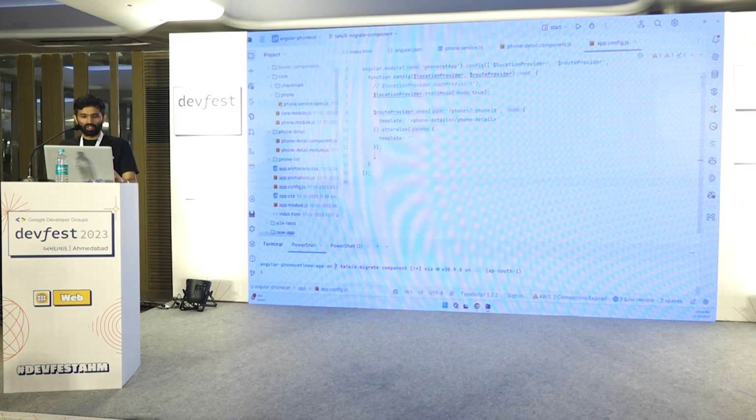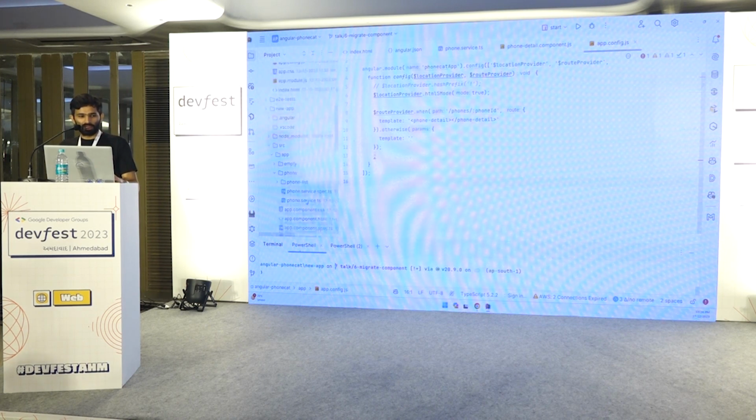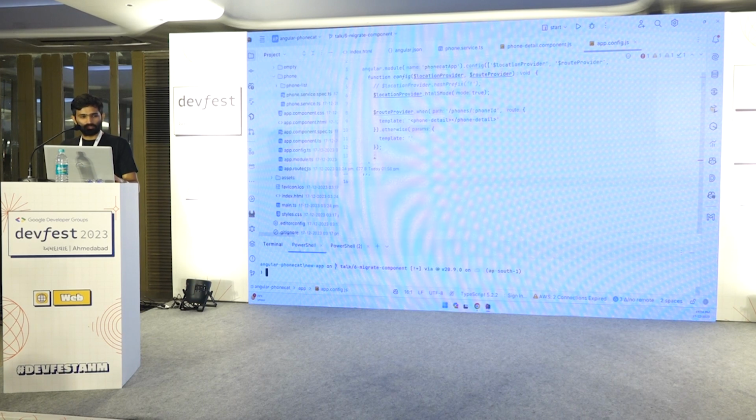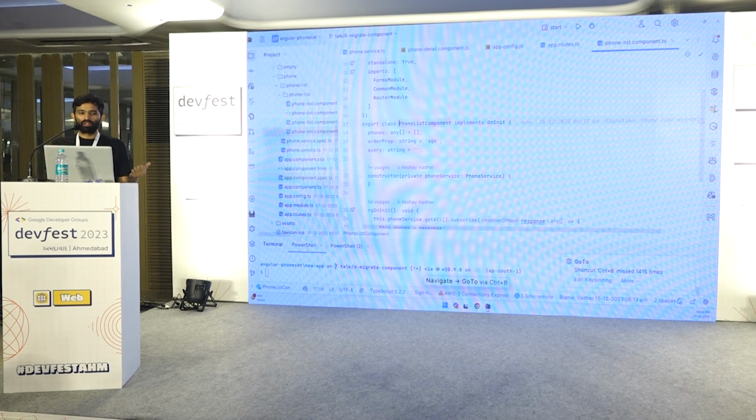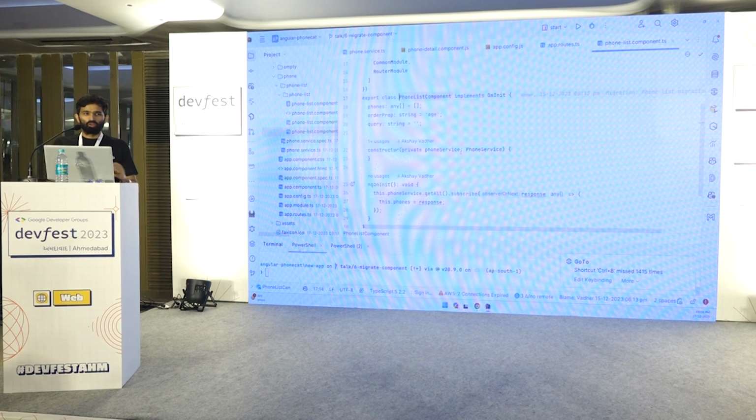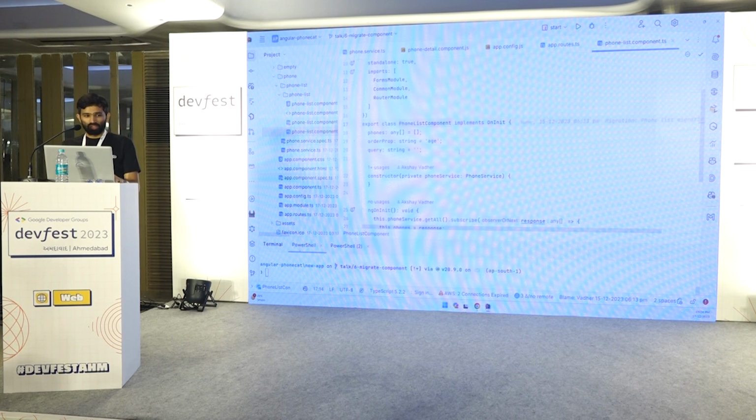So if I show that, see the route is removed, and if I see the route of new application, the phone route is available, right? And I will create a new component for that as well. For most of the features in AngularJS, you will find directly one-to-one comparison or one-to-one mapping in new code. So except minor things like order by and filter pipes, most of the syntax are available here. So you can directly migrate, and you can leverage the new phone service as well here, right? If I show you the application in running,